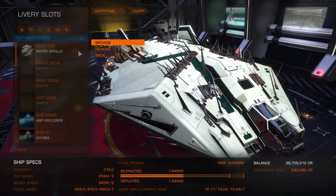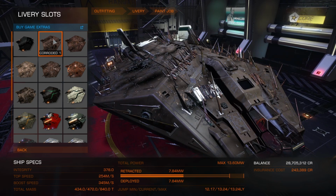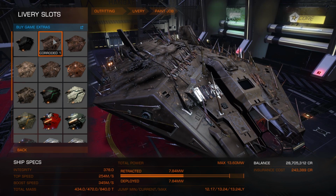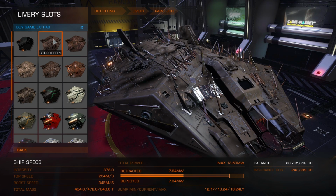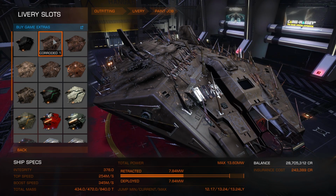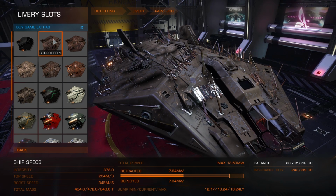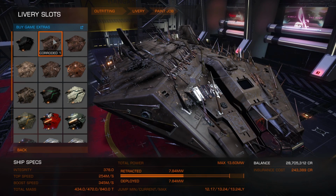So what we're going to go and do now is have a look at how this would look with the different corroded paint jobs as well. So corroded 1, again, these are still looking a little bit low res. I am hoping that this is a bit of a bug at the moment, because it has been confirmed by other players that theirs are also low res, so it's not just me. But there have been a bunch of paint jobs that do look low res in the game, but they were later fixed. So we've got corroded 1,